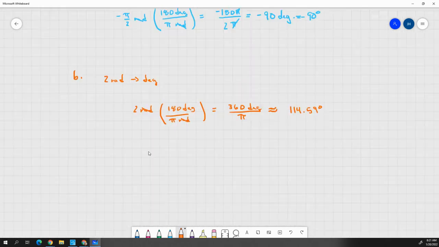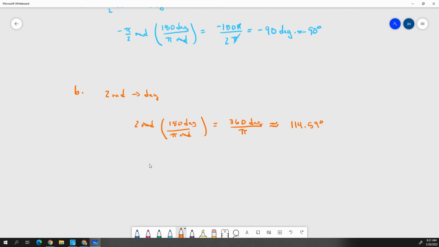Does anybody need any more info in terms of converting degrees and radians? You guys feel good on degrees and radians before I move on? I want to make sure you kind of get it. It's fairly simple, but